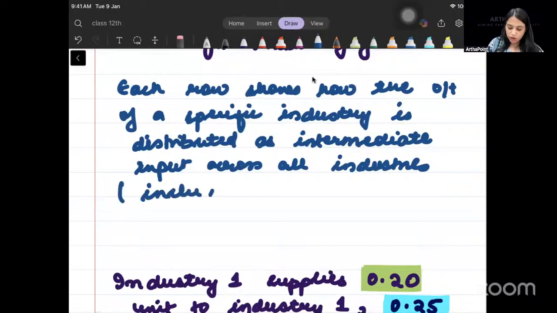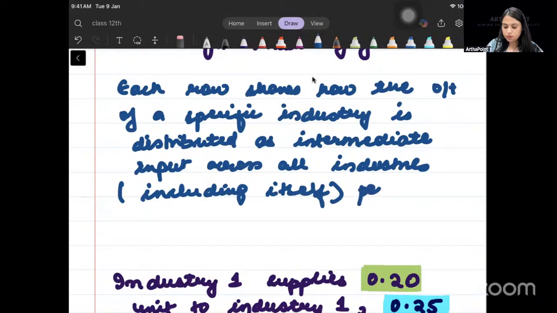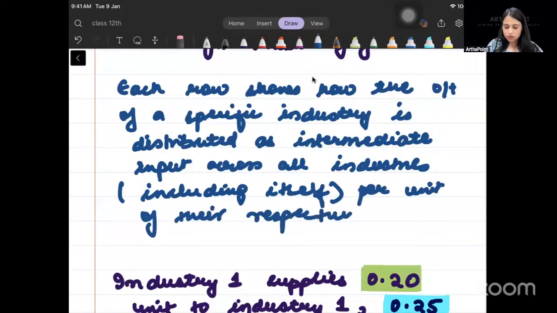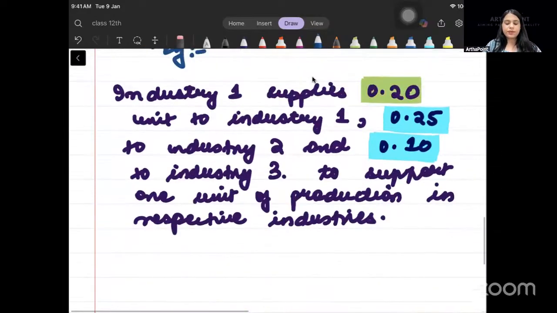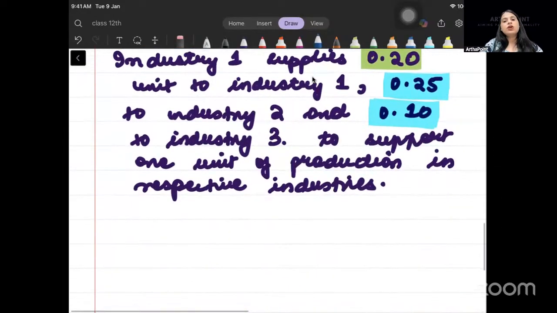That industry can also use its own input per unit of their respective output। Then you will just give an example and one example is enough। ठीक है।